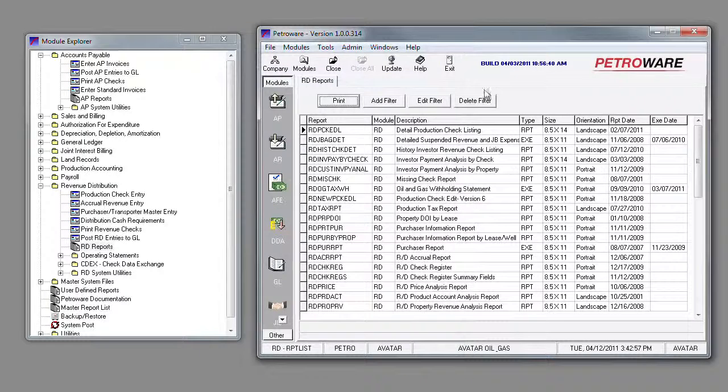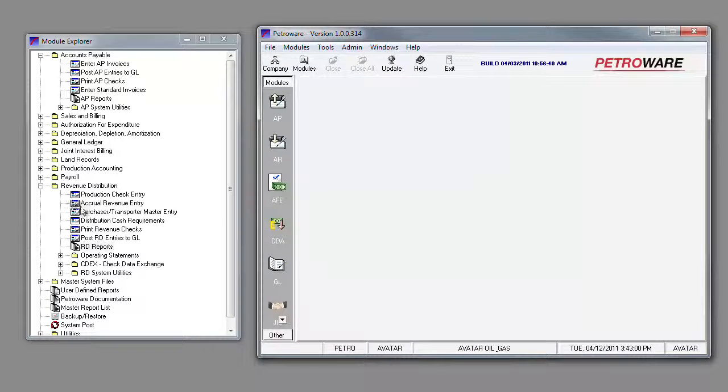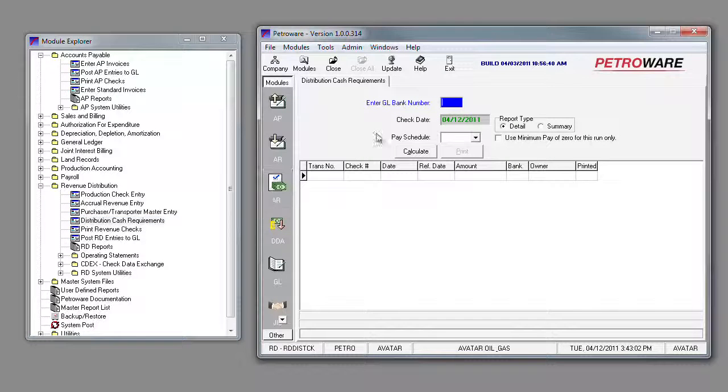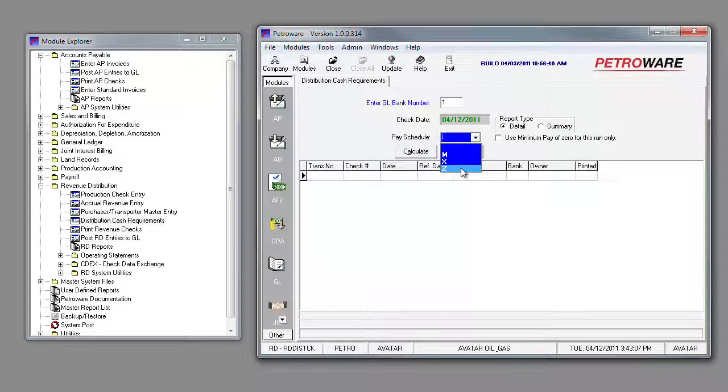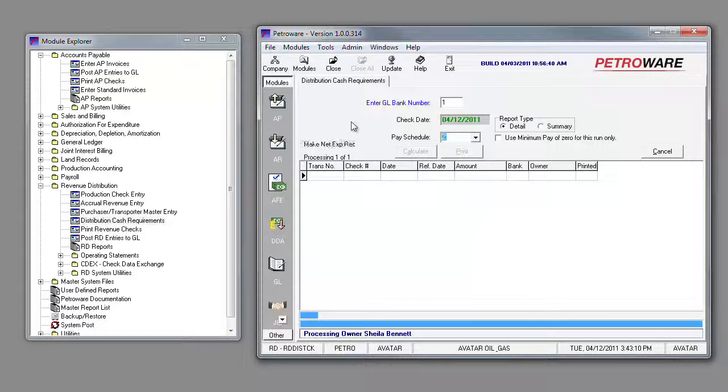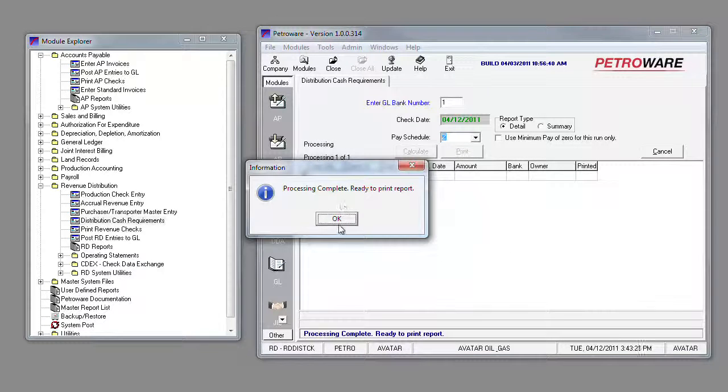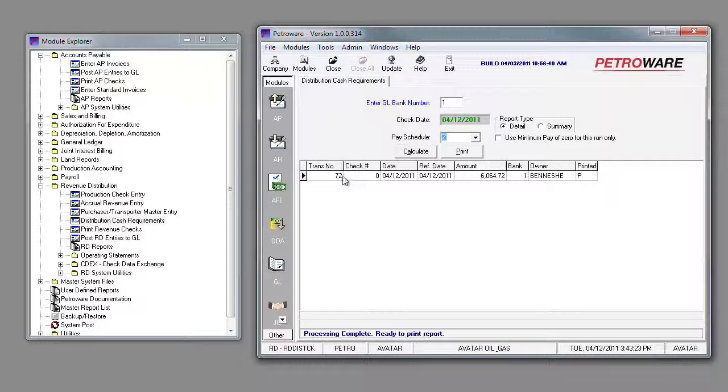Once I'm satisfied that the numbers are correct, I'm ready to do my distribution cash requirements. I'm going to tell it which bank account I want it pulled from, and I'm going to use a pay schedule of Z and tell it to calculate. I have one investor in pay schedule Z. Once it finishes calculating, it's going to give me a pop-up ready to print the report. It's telling me there's going to be one check to the investor, Sheila Bennett, in the amount of $6,064.72. Once I hit print, I'll get the